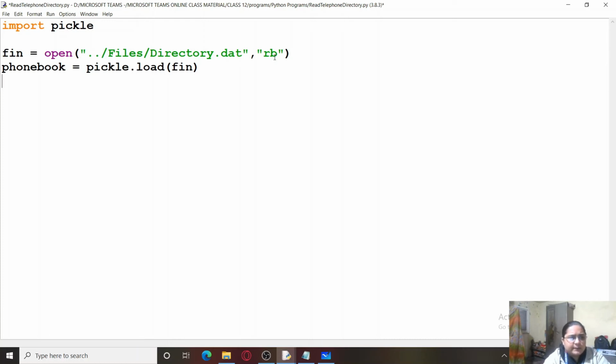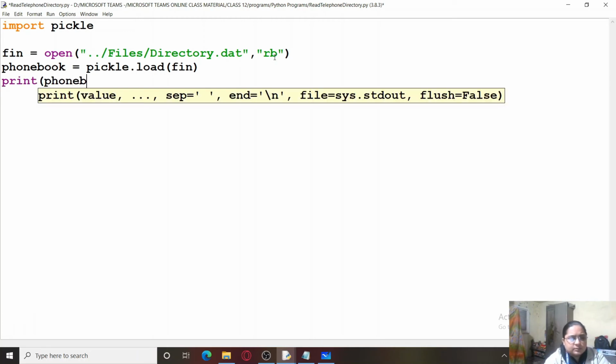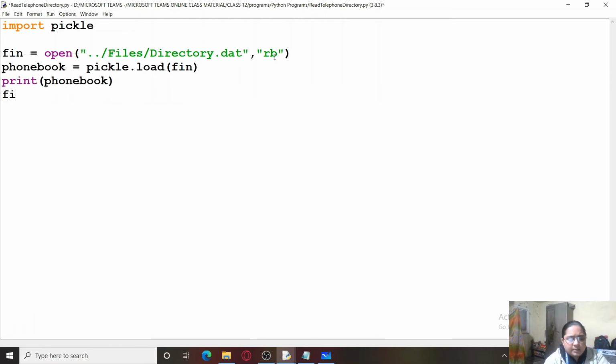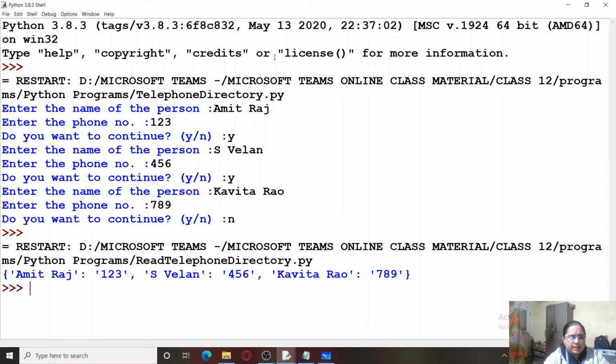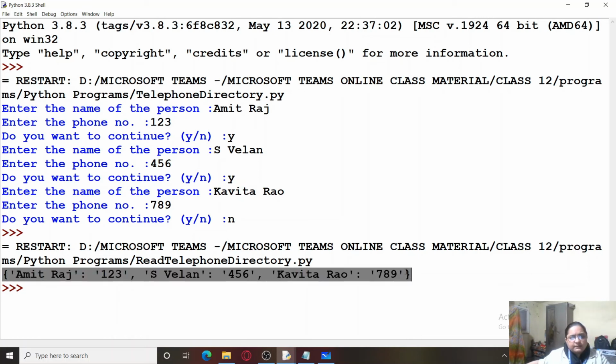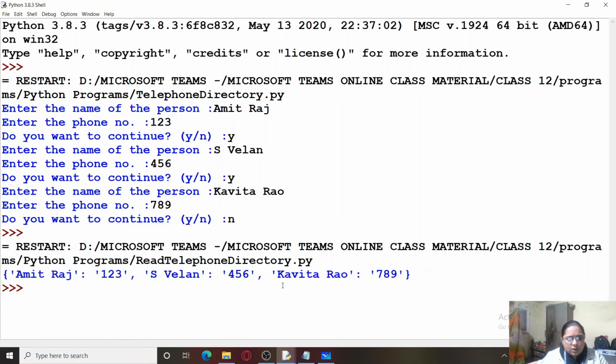Now over here, I'm going to print phone book, and finally I'm going to close the file and save it. Now let's run the program, and you can see that exactly one object has been read. The way in which you had provided the values, in the same way the value has been saved in your file.